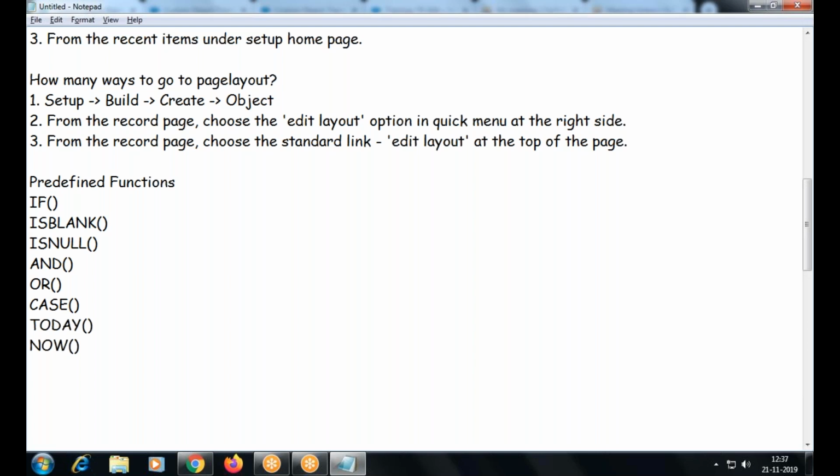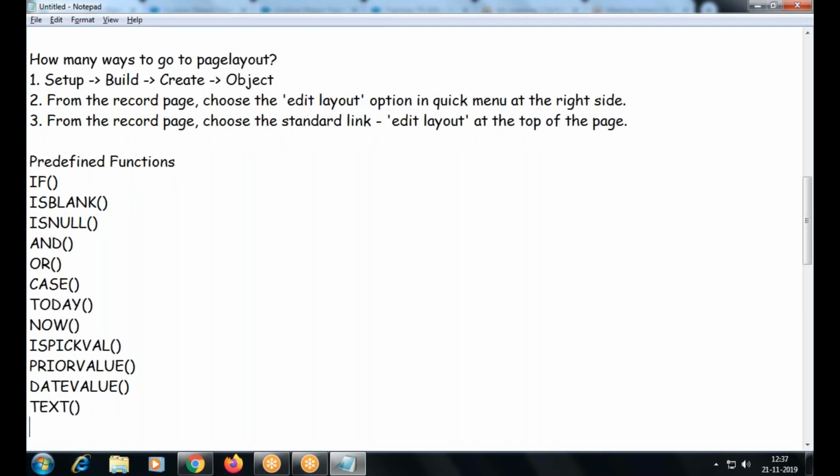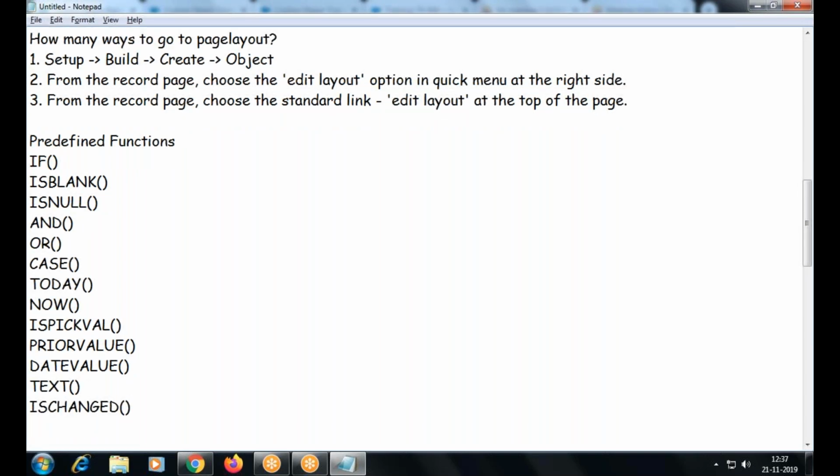Now, is equal, prior value, date value, text, is changed, is new.